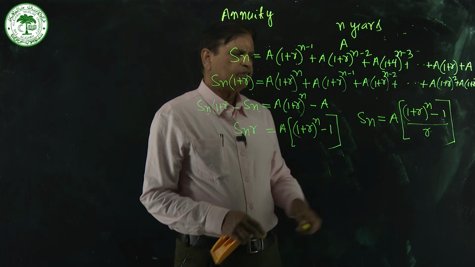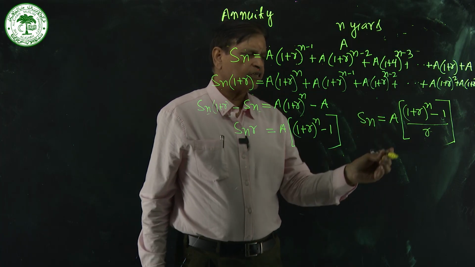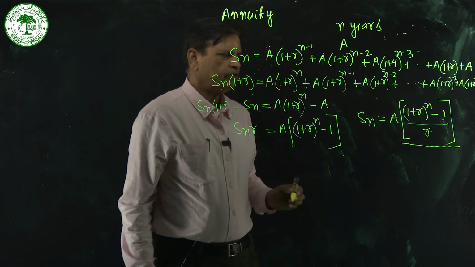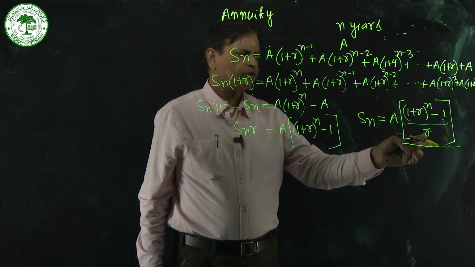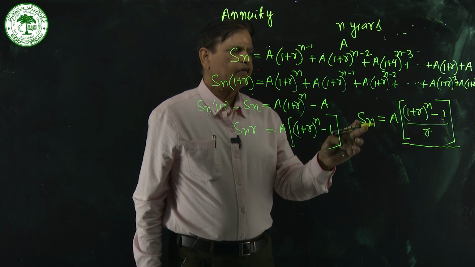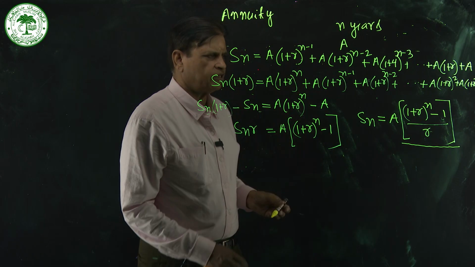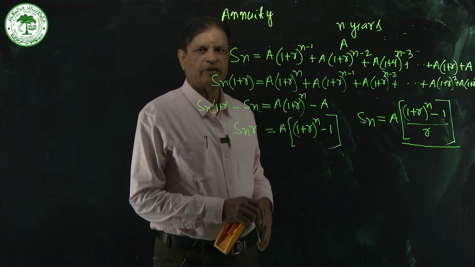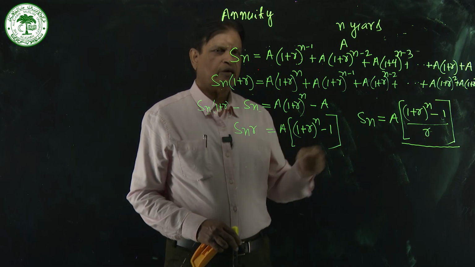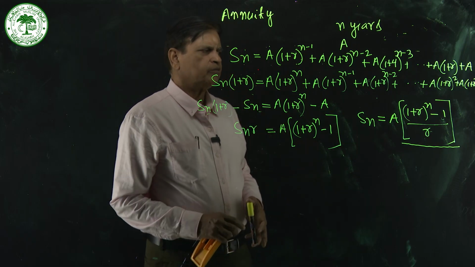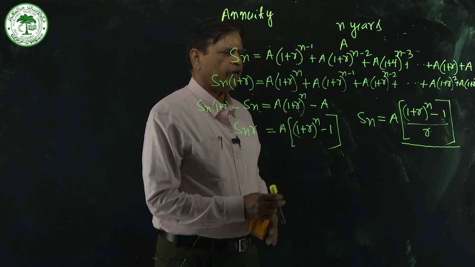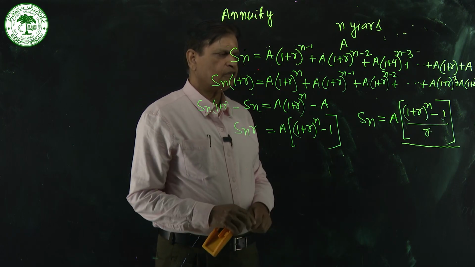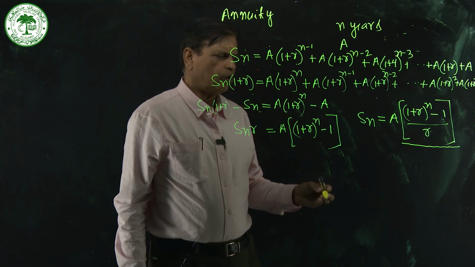Now here A is the annuity, and this one is known as the annuity factor. If we multiply the annuity factor by the annuity, we will get the sum of an annuity. So instead of writing this long expression, we can use this simple formula to find out the sum of an annuity. So now we have told you how to find out the sum of an annuity